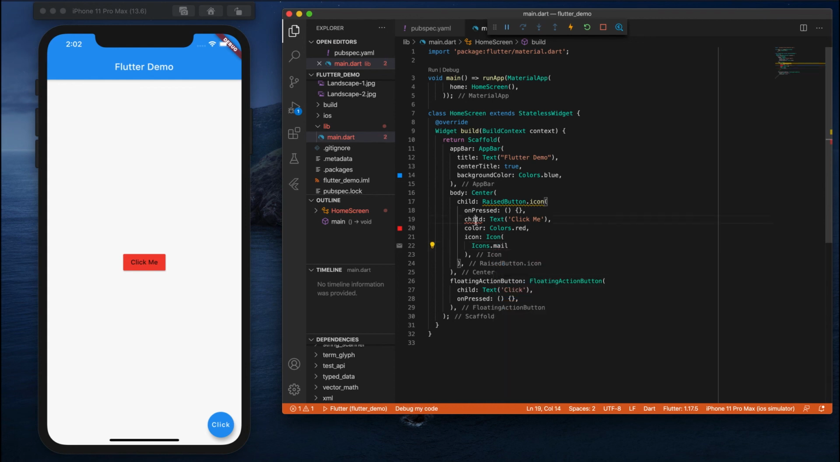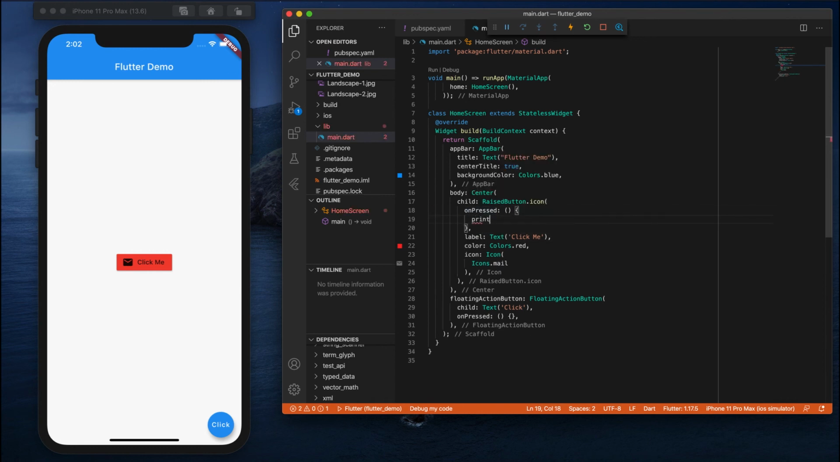Here we don't have a child property, instead we have a property called label. So now we have converted this to a label. Now you can see the combination of icon as well as a button. So now in this raised button we have both text as well as an icon here. Again the same place here, already we have created a property previously, on pressed. In this on pressed we have not written anything. Now you can write something like this,